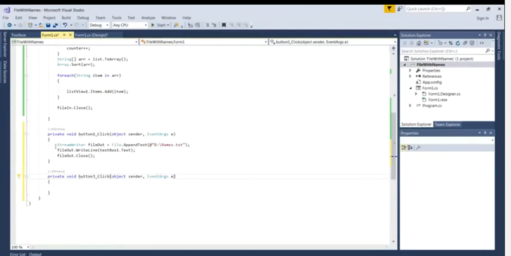One thing we do need. I want to make sure that somebody actually gave me something. They actually put something in that text box. So I don't want to just write nothing to it. So let's check to see if there is actually something there in that text box. So we'll do it with an if statement. And if textBox2.text,